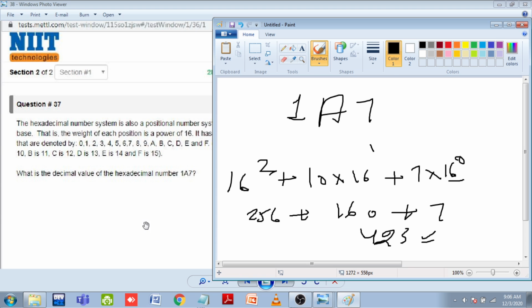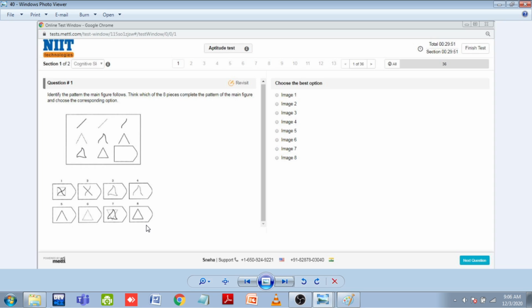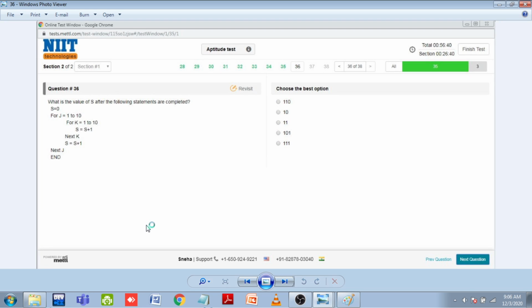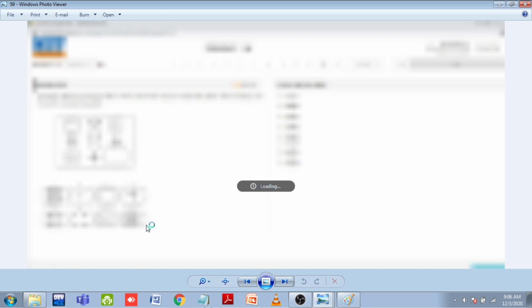Let us move to the next question. So these were the programming questions and these are the reasoning questions. Reasoning questions we can discuss in